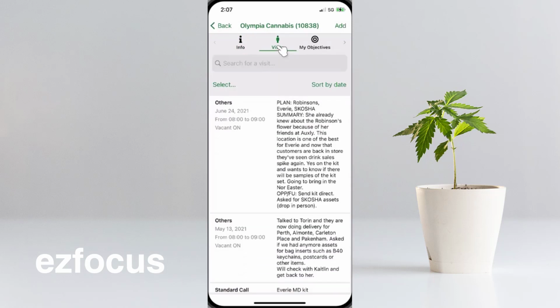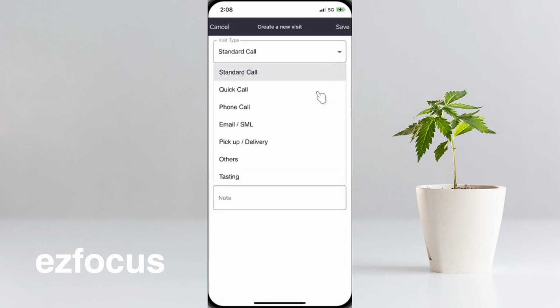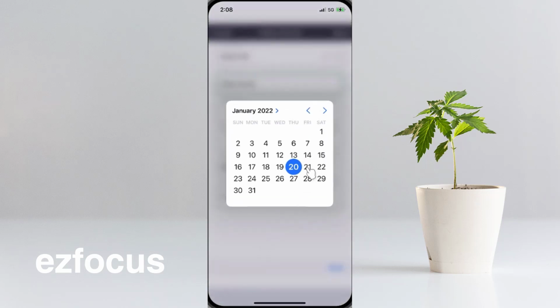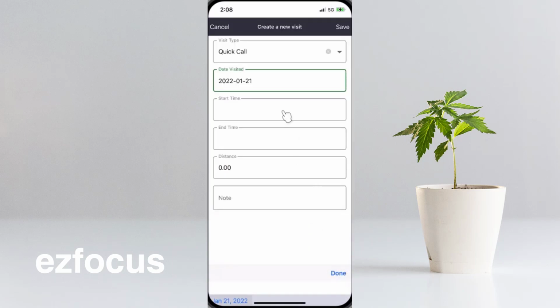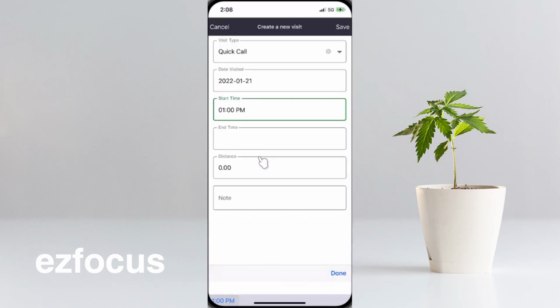The Visits tab is all of the visits that you've made in the account. To add a visit, simply click Add. Here you can choose what kind of call you'd like this to be, the date, the start time, the end time,